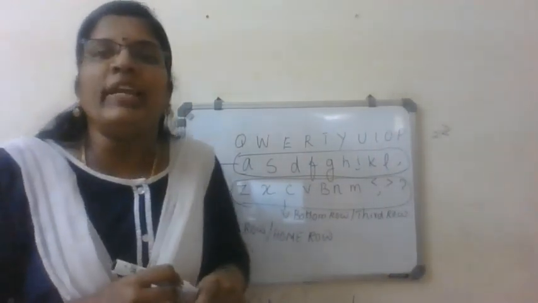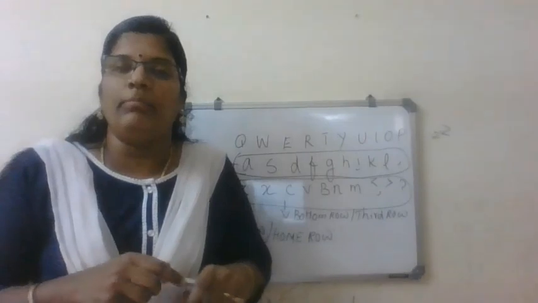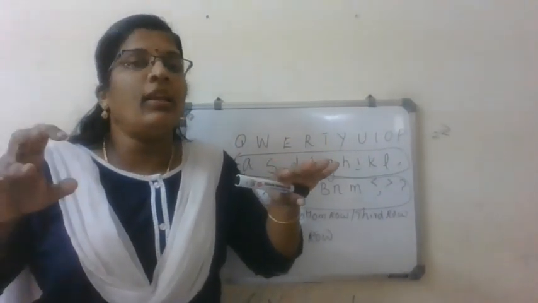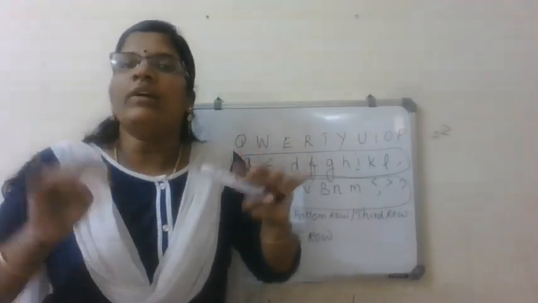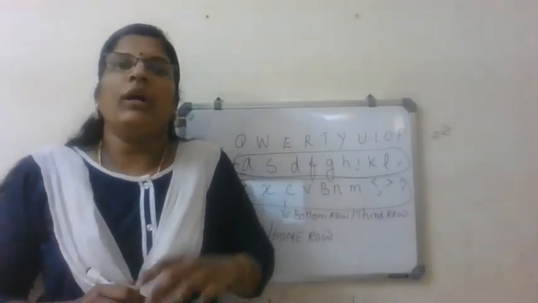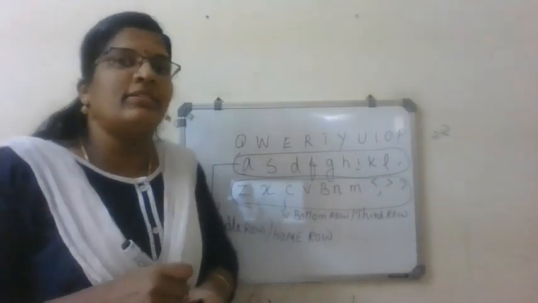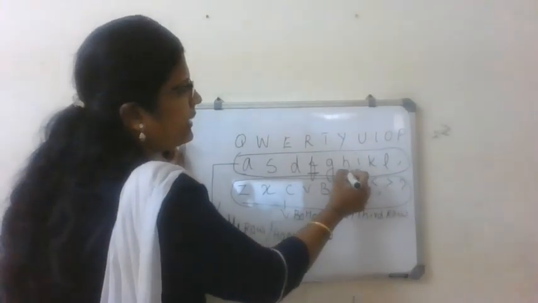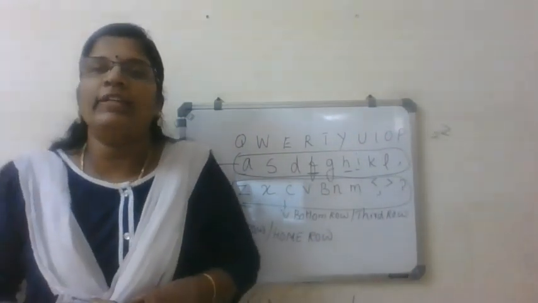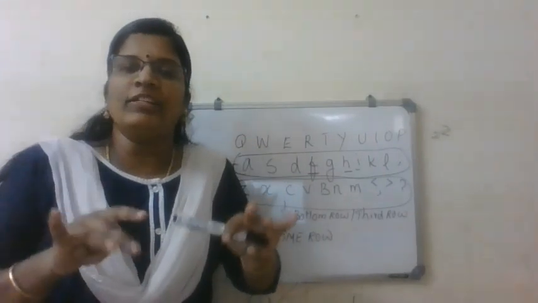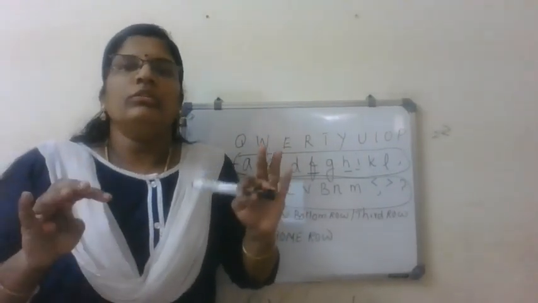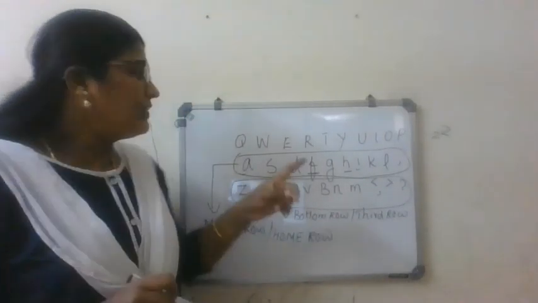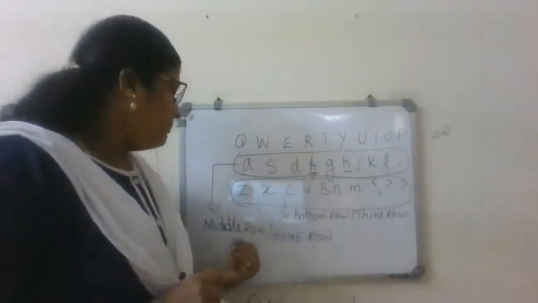So what are all the home keys? The home keys you should always keep in mind. A, S, D, F with 4 fingers. Then here, semicolon, L, K, J. So these are the base keys. Which keys have tangible lines? Yes, F and J. They have tangible lines to identify whether our fingers are holding the right keys. So this is called the home row or middle row.